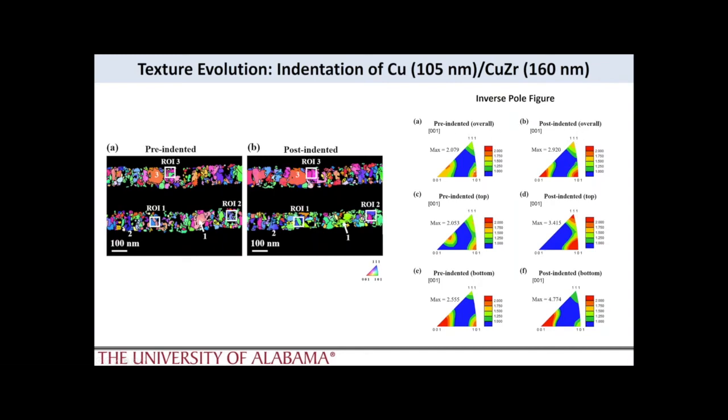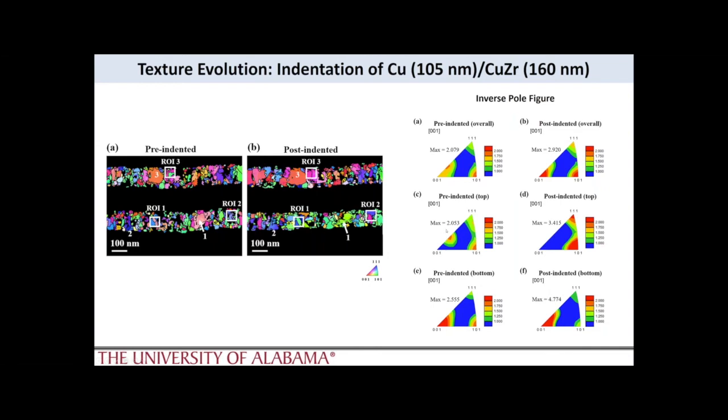pre-indent and post-indent. What you realize is as I deform the material, we can clearly see that the 001 and 100 textures, as well as 1, become much more pronounced. We can see a shift in some of the preferred textures dominating the 001. And so this gives us, again, this quantitative insight of what is actually occurring in the sample. And we can even break that out